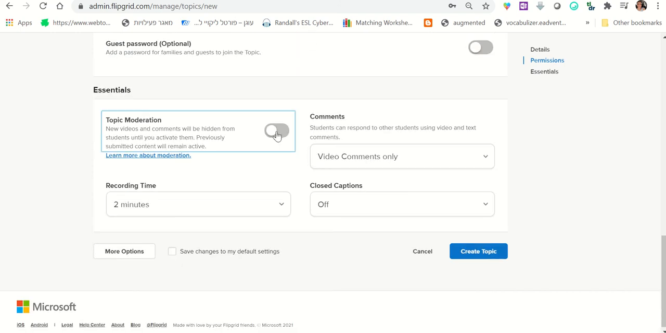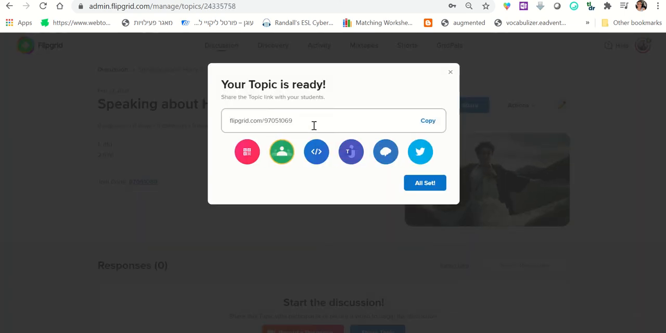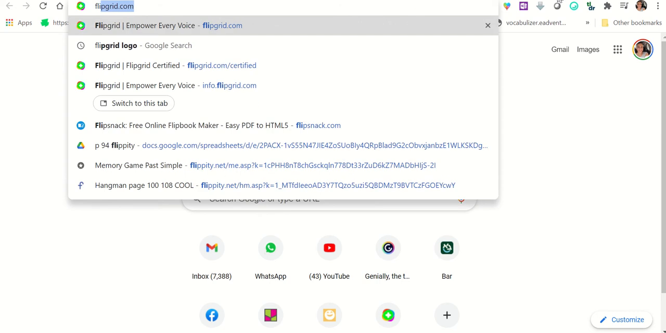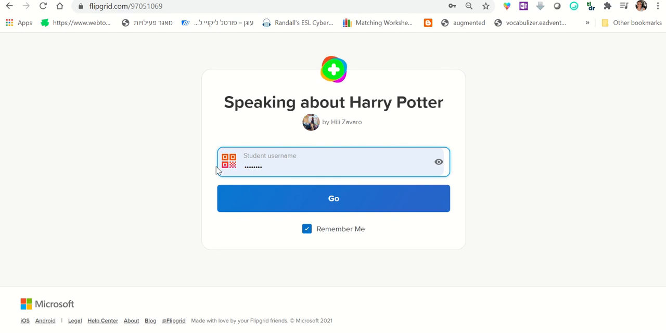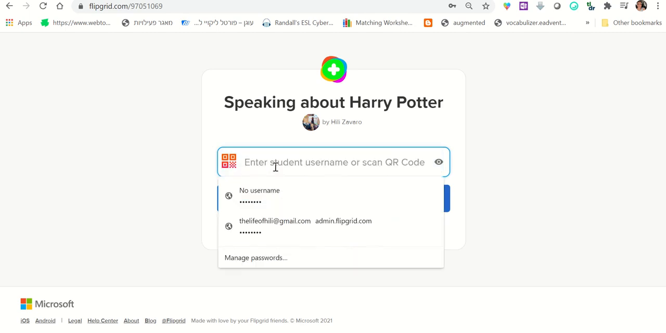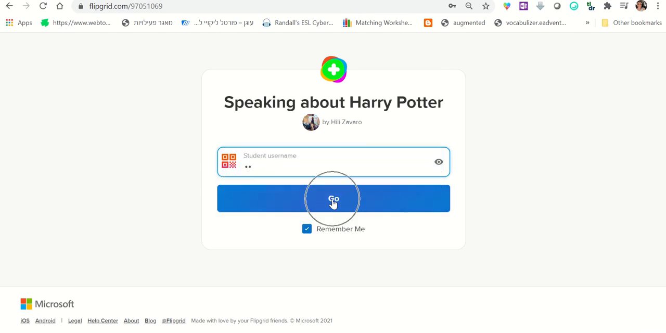And that's it. You can add topic moderation if you want to moderate the videos and create topic. This is the link to send to students. So if students actually log in from a browser, all they need to do is write flipgrid.com/9705169 in this case, and this should look something like this, flipgrid.com/ and that specific number for your grid. Then all they need to do is insert the code that we gave them, which was 11, and then go,